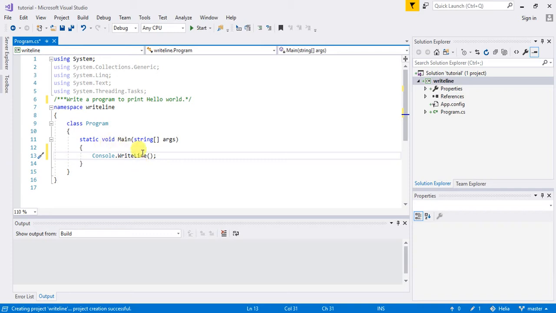So you say Console.WriteLine, and then after that, whatever you want to appear on the screen, you just put inside of 2 quotation marks. Here I want to say Hello World, so I'm just going to write Hello World in between the quotation marks, and I save this, and when I run it,